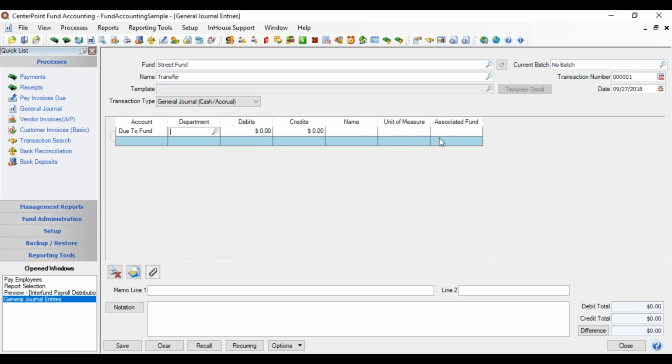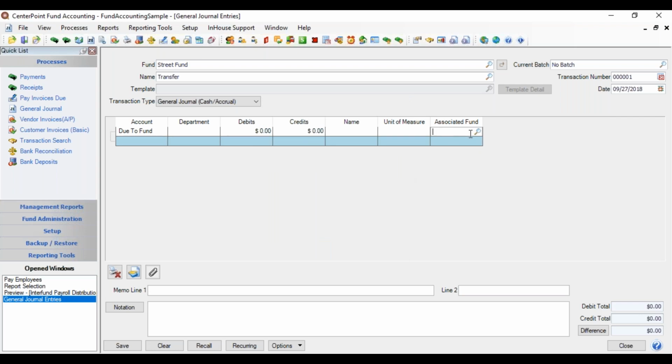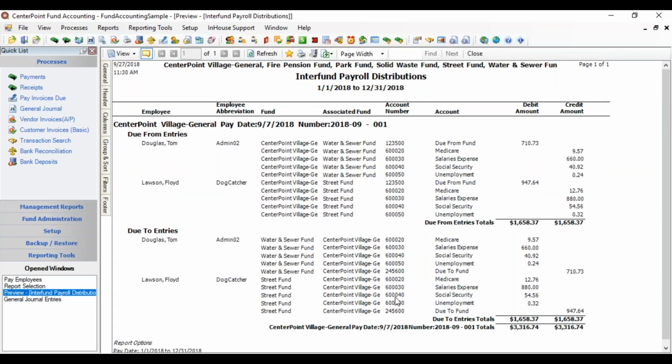And we're going to need to turn on, if you don't already have an associated fund as a column, you can right click, add remove columns, and check that box for associated fund. We're going to want to make sure and select the associated fund here so that that is addressed when it's posted and it's going to the correct balance detail on due to fund. So the department was the street, and the amount we can get from one of our reports of our payroll distribution for the street was $947.64,